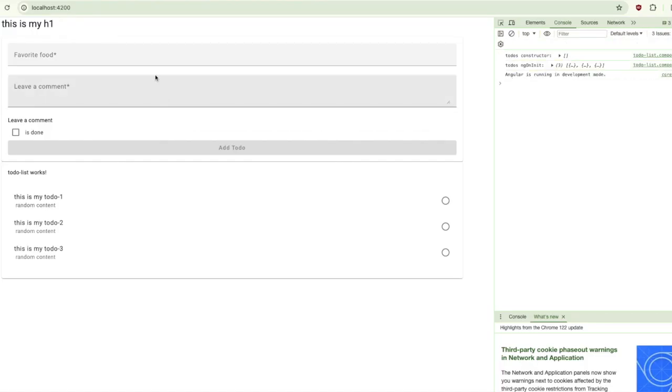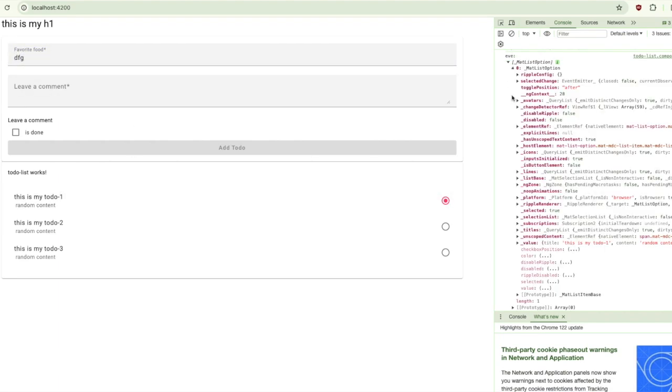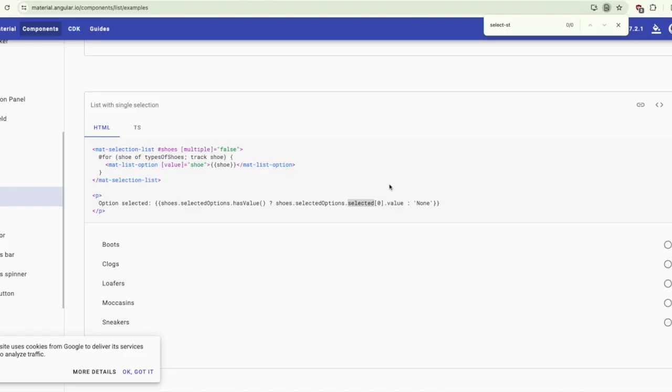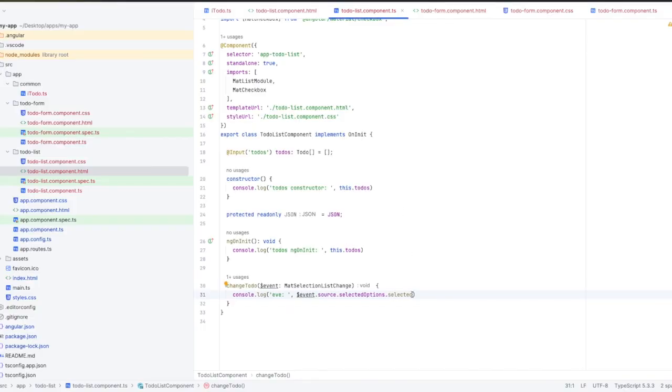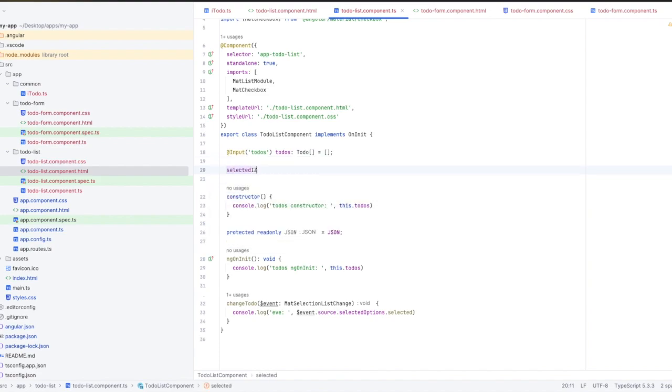Now this way I know whatever I select I get the first item as selected as a value. I don't know if this is the right option, but 0 dot, I can just put selected item equal to